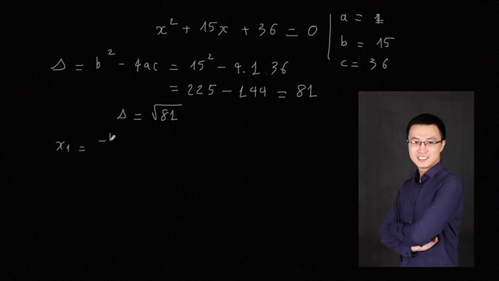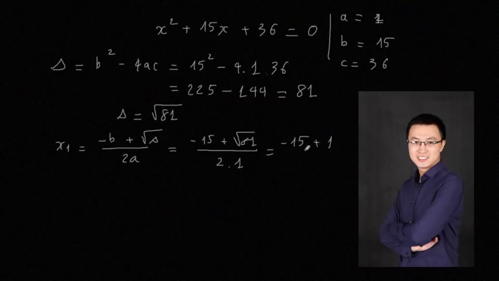X1 is easy: minus b plus the square root of delta divided by 2a. And minus b, you got minus 15, and the square root of delta, the square root of 81, is equal to 9. Plus 9 and divide by 2. Minus 15 plus 9 divided by 2. Okay, wait a minute, and my calculator says